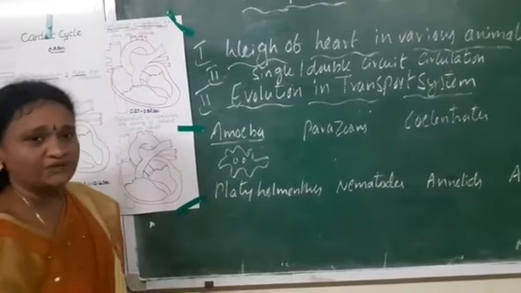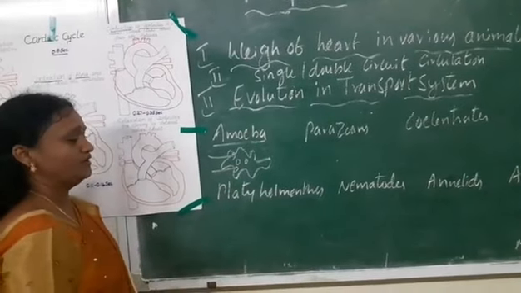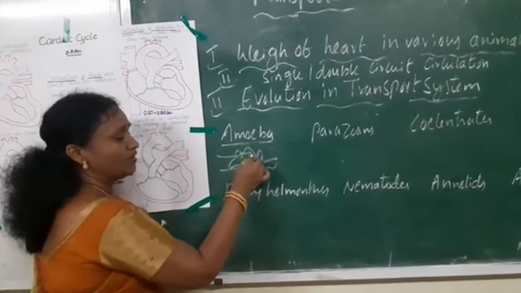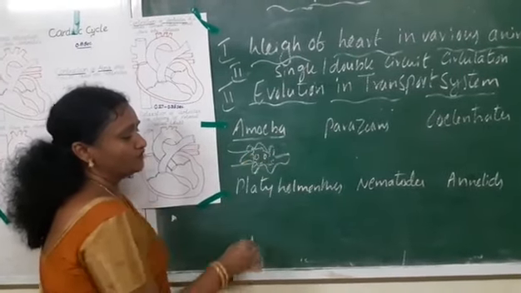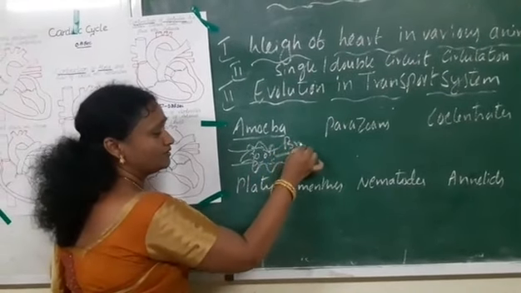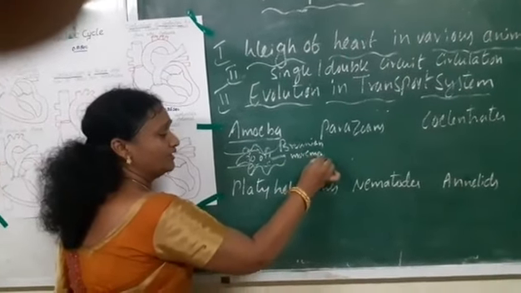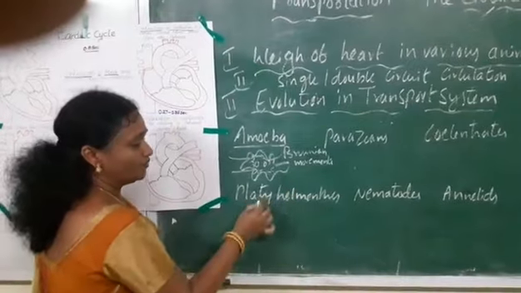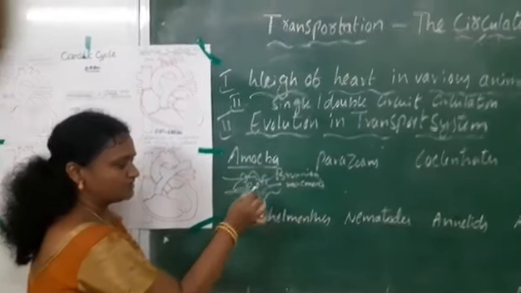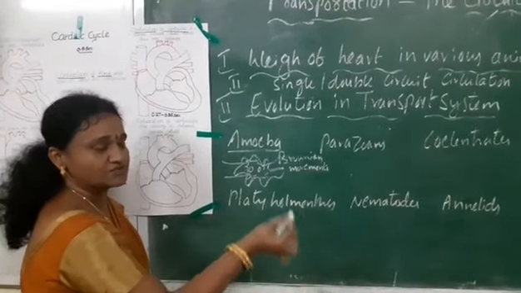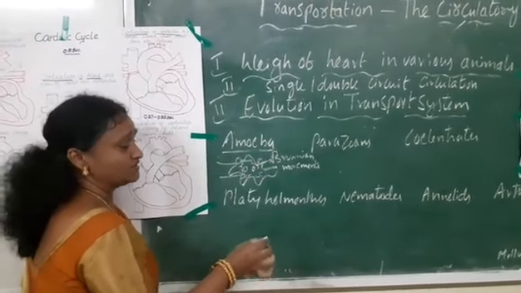And the body is completely exposed to the environment. So the incoming water which has the food will be taken to the cytoplasm, and by the Brownian movement of cytoplasm we observe the transport of food throughout the body. The vigorous movement of cytoplasm in the amoeba is called Brownian movement, which is helpful for the transport of food and also for the removal of waste material from the body. The same cytoplasmic movement is also seen in higher animals. Even our cytoplasm will move to transfer substances in the cytoplasm.